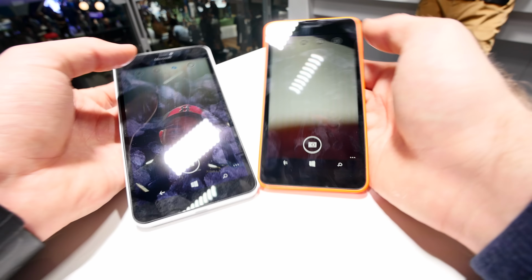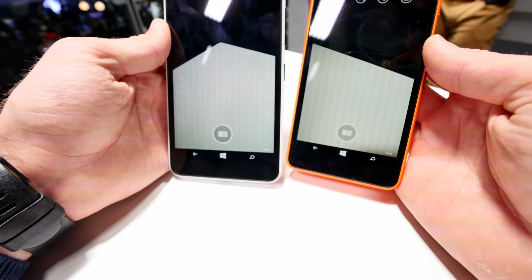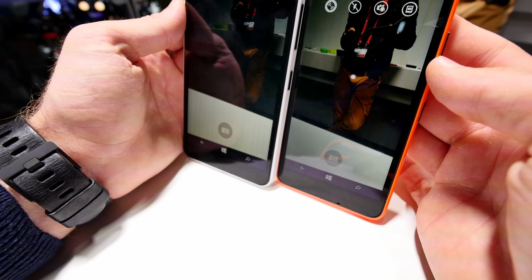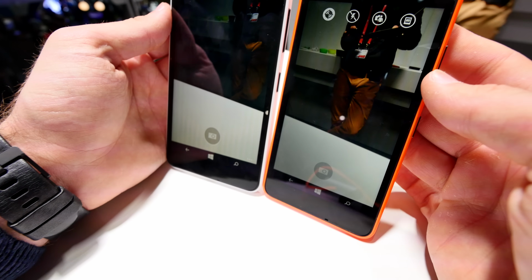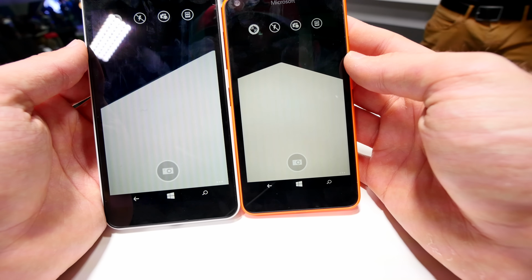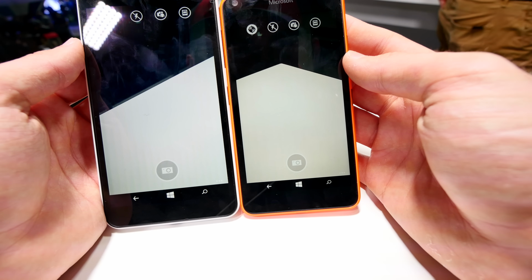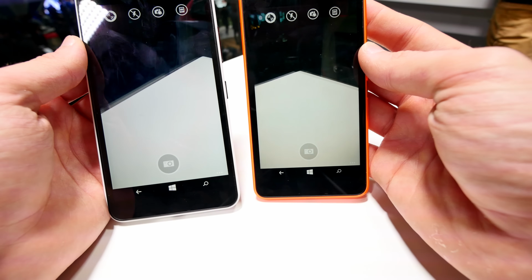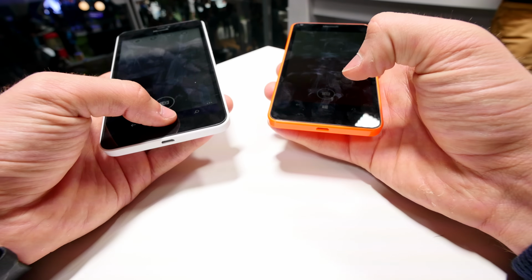But we can also turn the camera around and then try that one maybe here on my colleague. And you can see here that the wide angle seems to be the same. The quality seems also to be the same, but on the right side it's a little bit more yellow-ish. On the left a little bit more white-ish. The colors, but otherwise speed-wise and everything else is the same, since, as I said, we have on both the